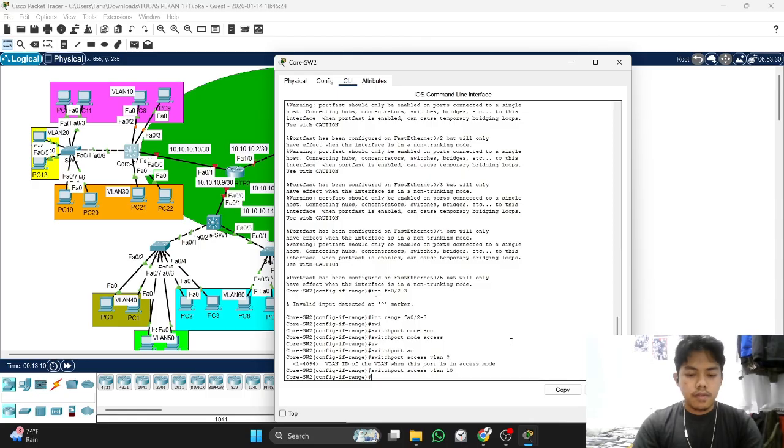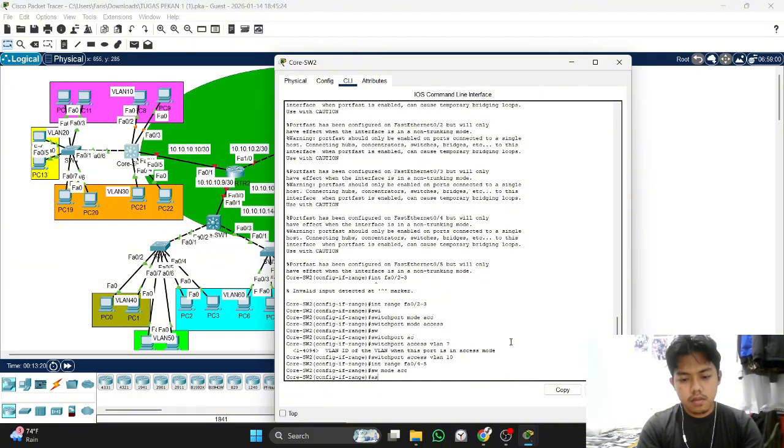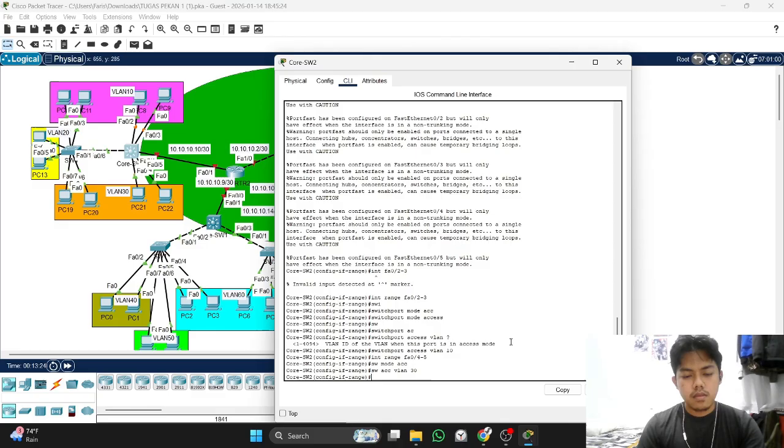Next, we go to VLAN 13. The step is the same. Okay, exit.